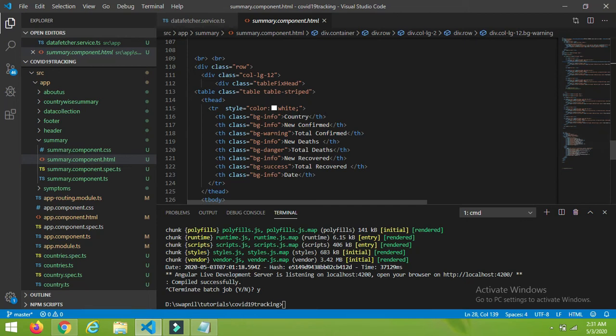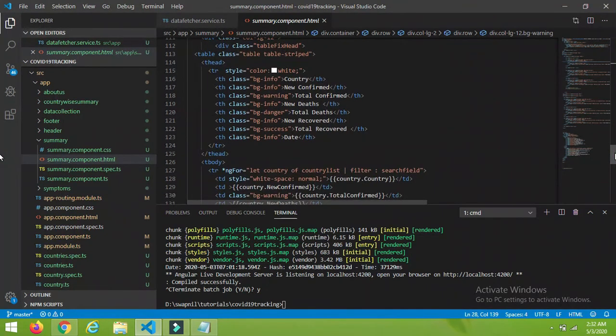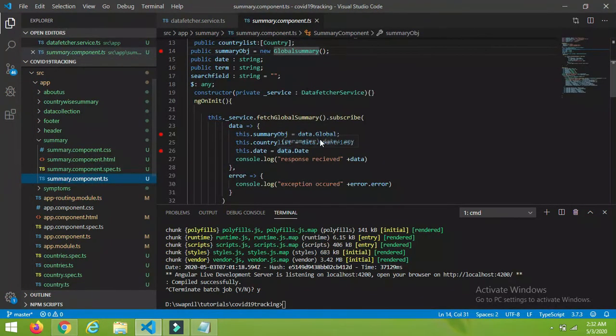You can find these are the headers for country, new confirmed, total confirmed, new deaths. These are the headers for our table. Now the data we have is in our variable called country list, because we created a new local variable, if you remember, that is country list, right? And we have assigned the countries data to country list.